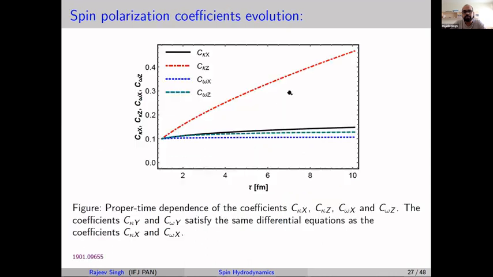I mean, this is just the behavior of the spin components with respect to proper time. But in general this cannot be true, because this is a very simple setup. What we are seeing now in 3+1 is that this is not true, and this can decrease with respect to proper time. But this was just a simple setup.